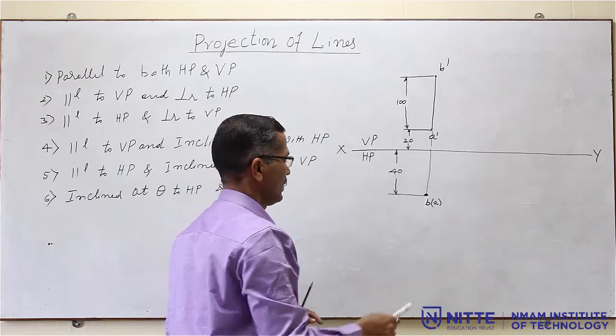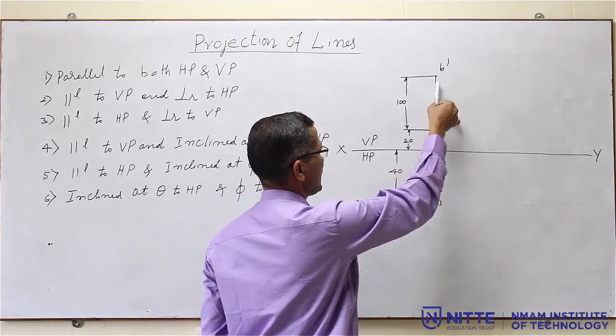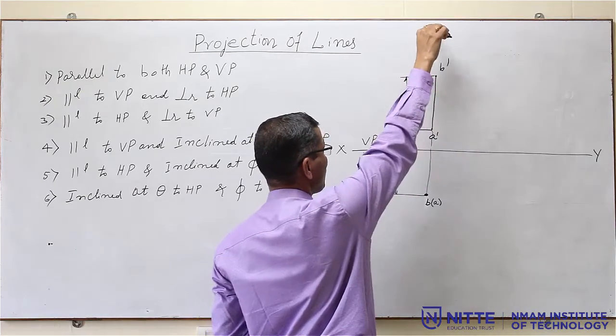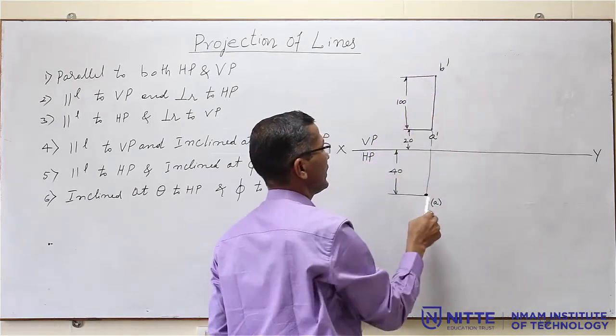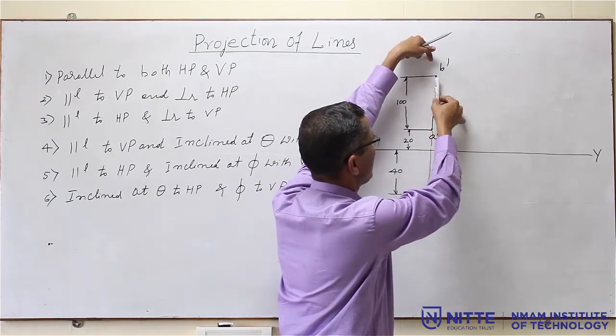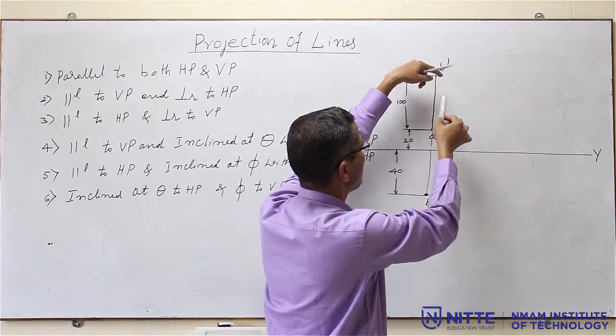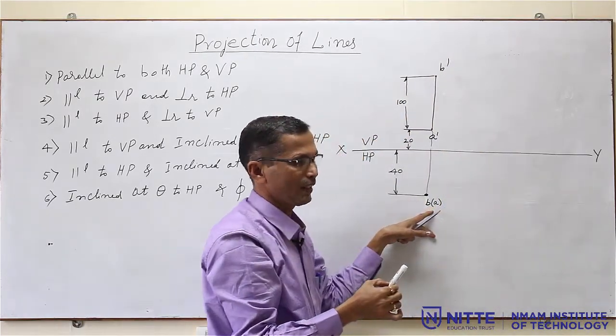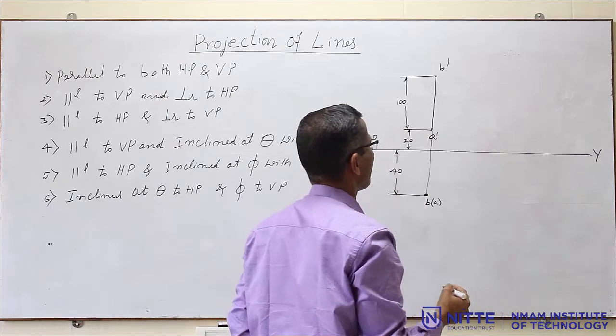The name of the point is B outside the bracket, A inside the bracket. Why? So, this is the front view. What is the name of that? This is B, this is A. If I observe it from the top, the top view is here. That means this particular line I have to observe from the top in this direction. So, B is visible to me, A is hidden. So, that is why A is inside the bracket, B is outside the bracket.